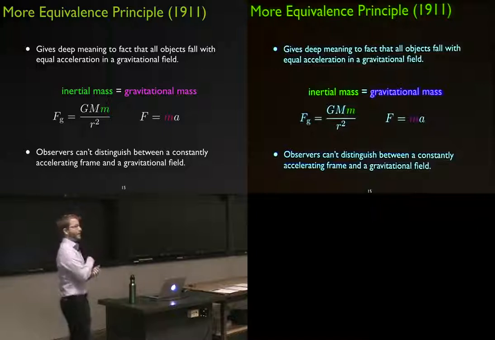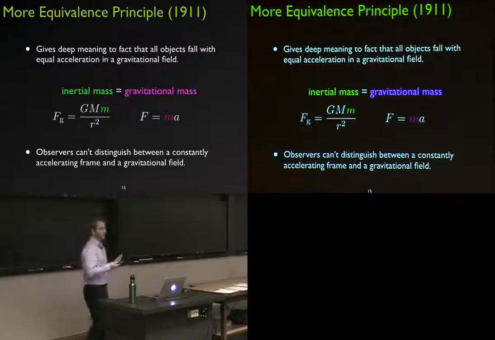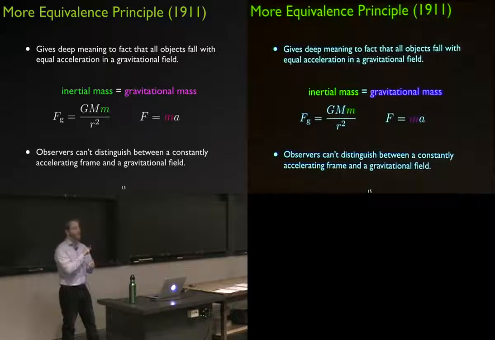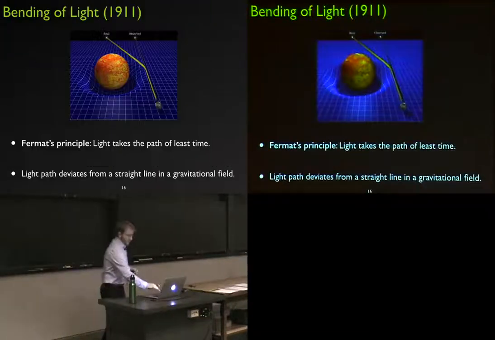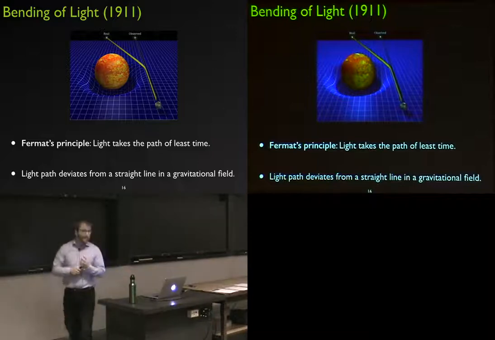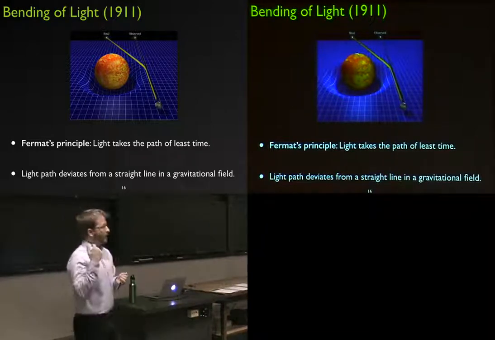And that was a nice thing to do. So there wasn't any experimental reason to disbelieve Newton's theories of gravity and Newton's definition of mass. But this was a much simpler way to describe the experiments that were happening. So the last thing that was in that 1911 paper was the first estimates for the effects of gravity